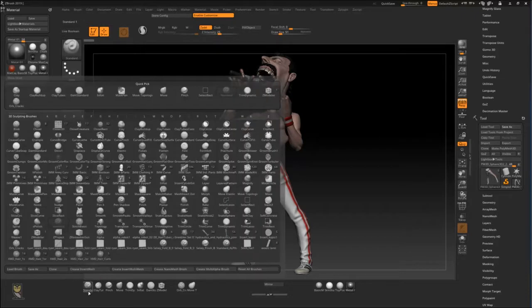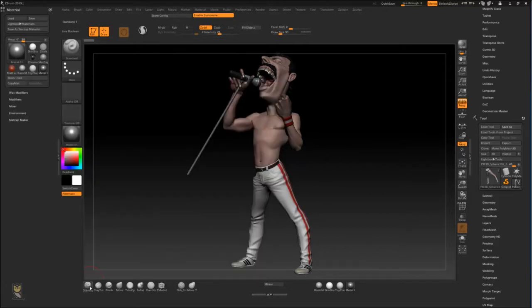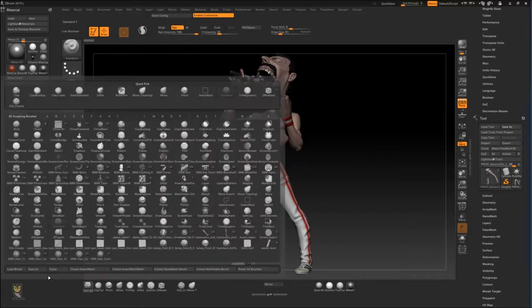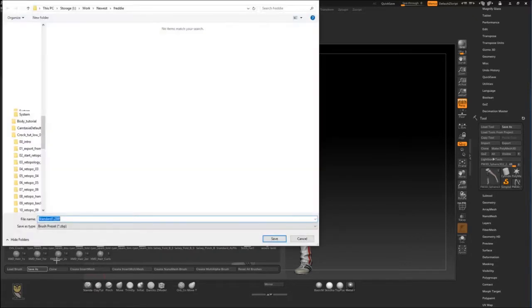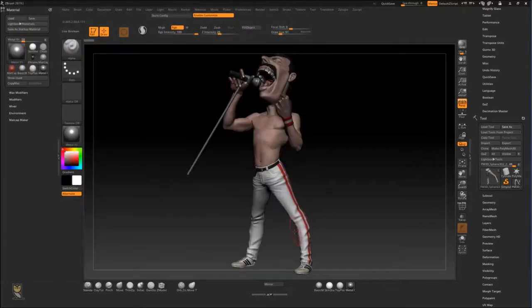If we click here, we can for example turn on RGB for standard brush and save as alpha, and save. And now we have alpha brush here, and of course we will have standard brush also, which is